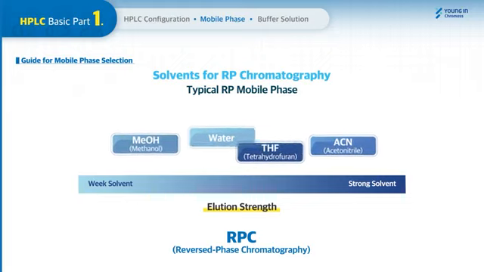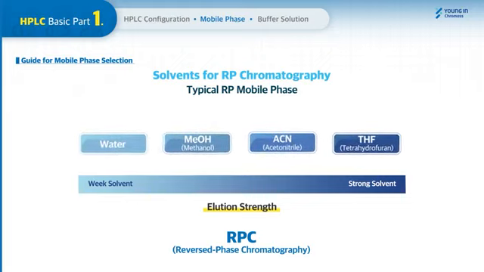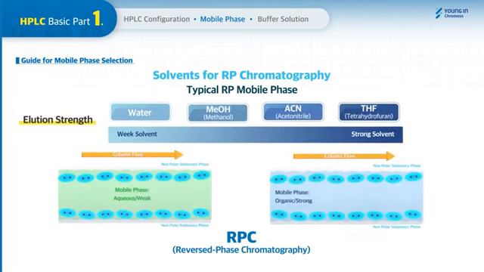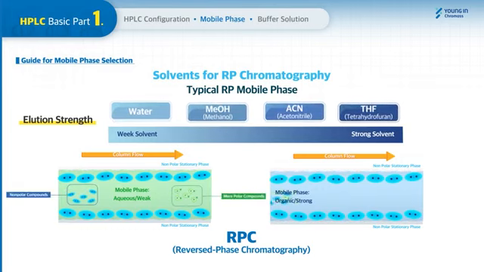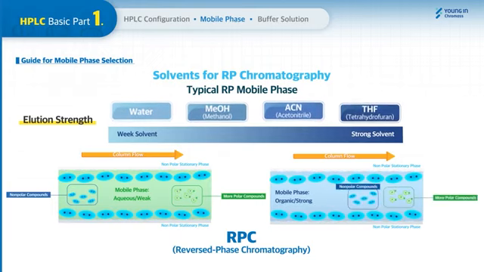Putting these solvents in order of elution strength, water is a weak solvent and organic solvents are strong. Elution strength is related to polarity. If you use a weak solvent as the mobile phase, the nonpolar compounds are retained in a column longer. But if you use a strong mobile phase or increase the amount of organic solvent, the nonpolar compounds